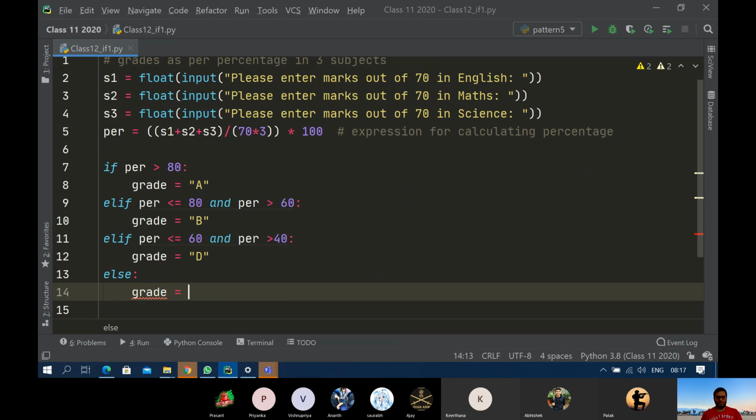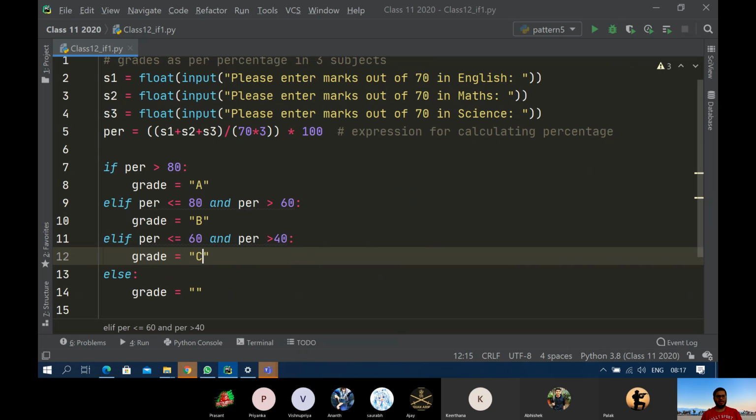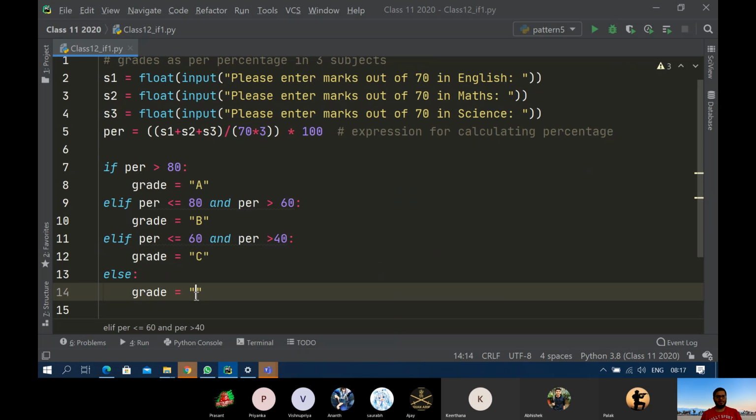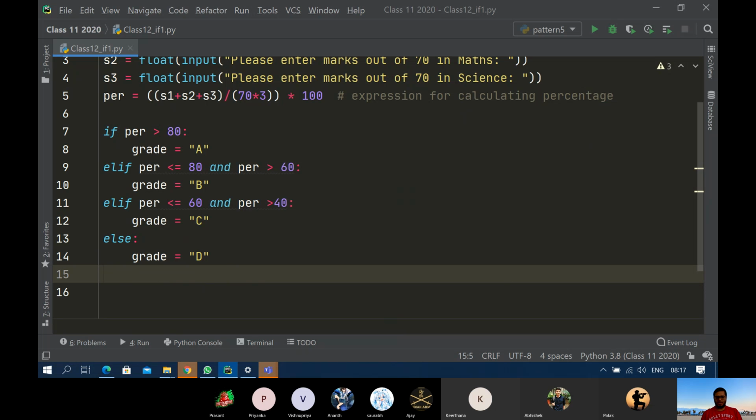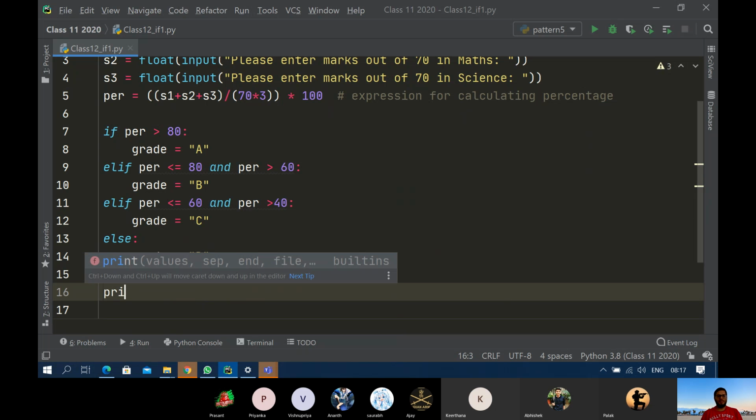Grade is equals to, sorry, here we will have C, and here we will have D. Okay? And then once our if else structure is complete, we'll print